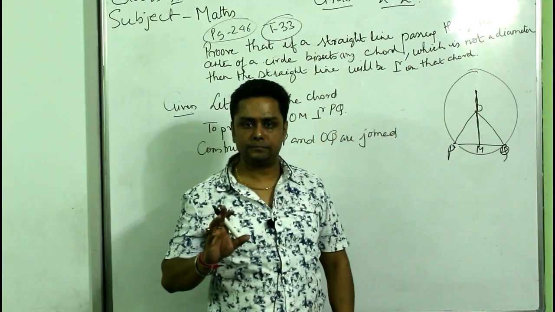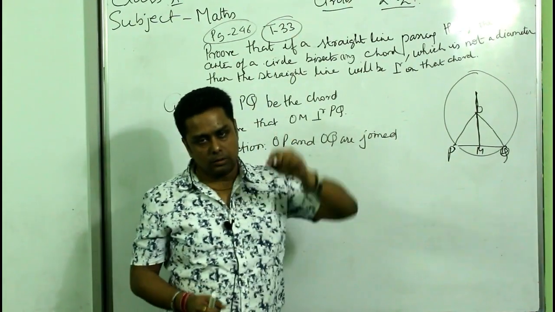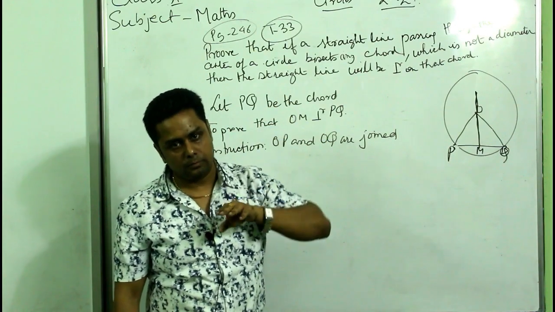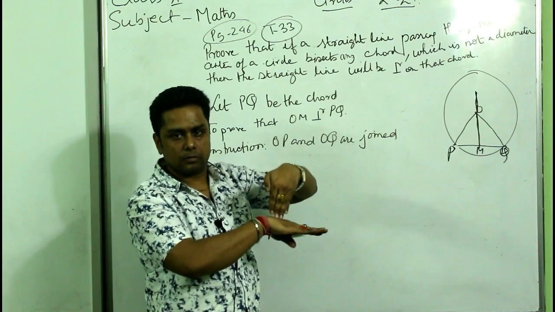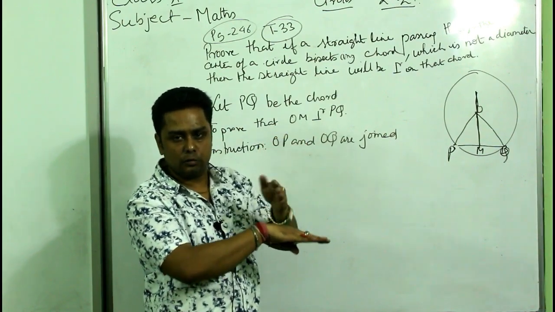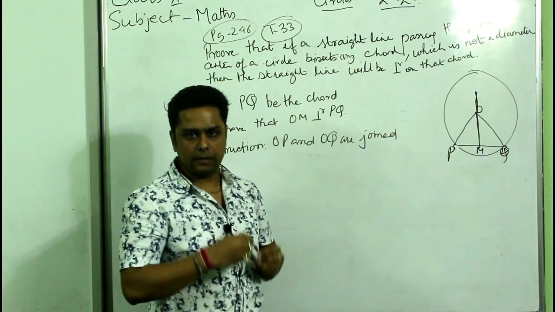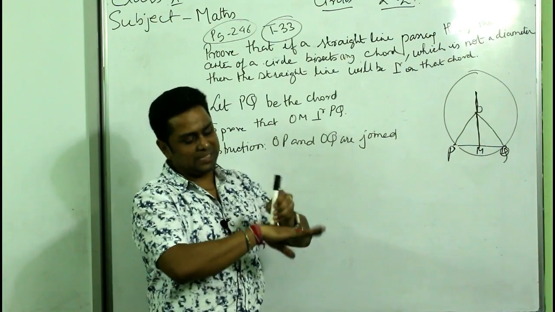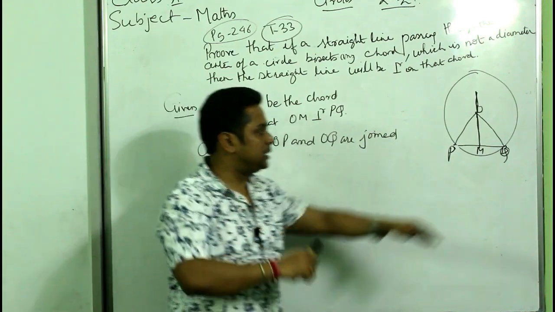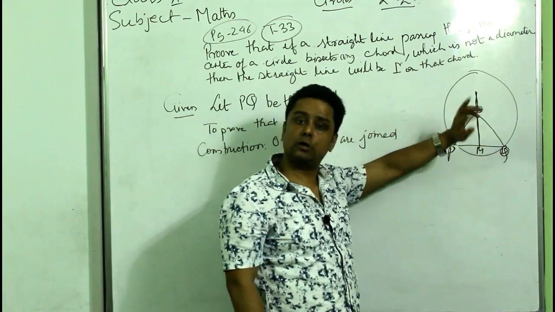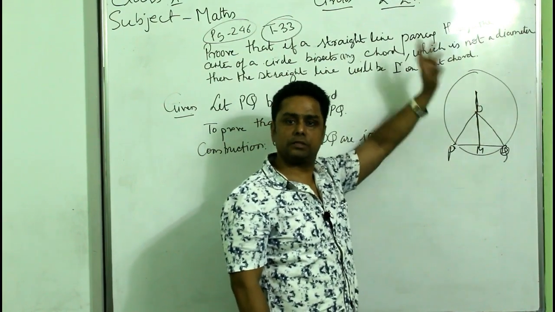Understood the converse meaning? Earlier on in theorem number 32, what did they say? They told you a perpendicular on the chord bisects the chord. Means this perpendicular is dividing the chord into two equal halves. Now they have told you the same thing in a turned way. They have told you this is a straight line which is bisecting the chord. Then prove that this line is perpendicular on that chord. Just the opposite. Just the converse we say. In mathematical language we say converse of the theorem.